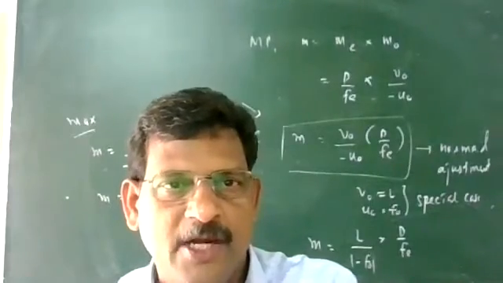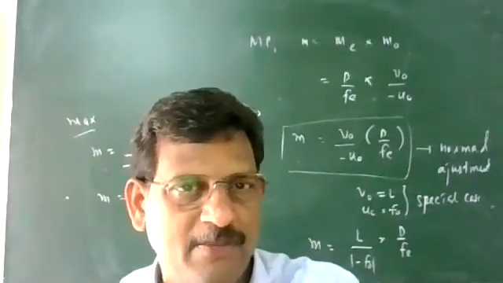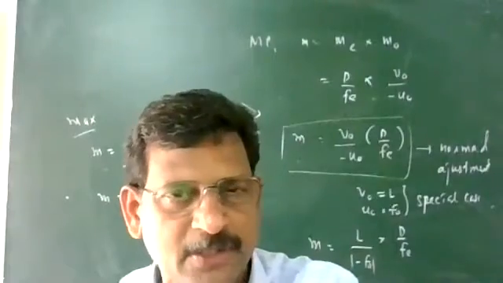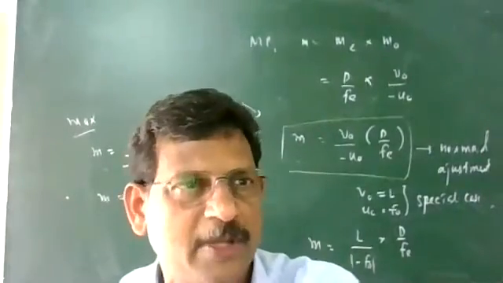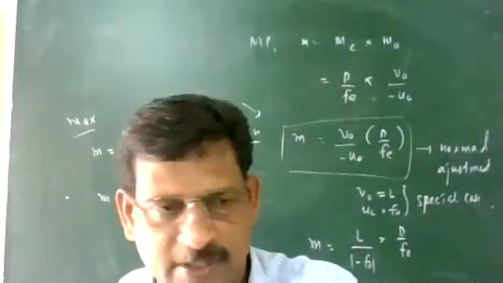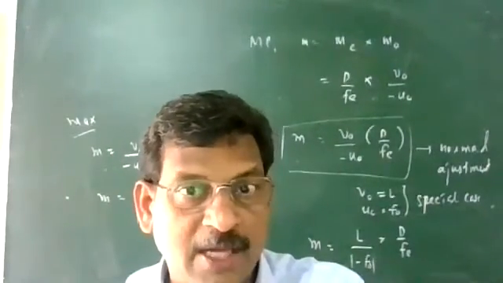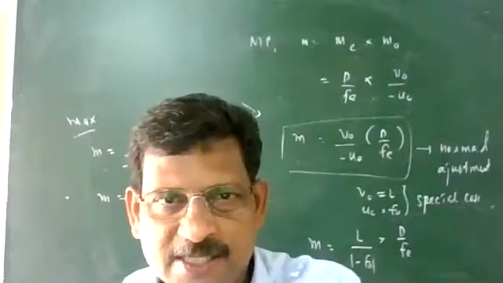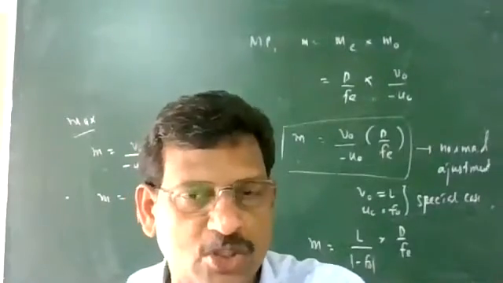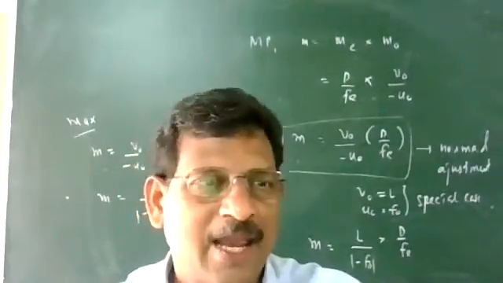So here we are going to discuss the astronomical telescope. The final image will be inverted with respect to the object, but usually astronomical objects are spherical in shape. So whether it is an inverted image, we have no objection, no problem with that. So we are going to discuss the astronomical telescope, and this is the refracting telescope. Refracting telescope means we are using lenses.